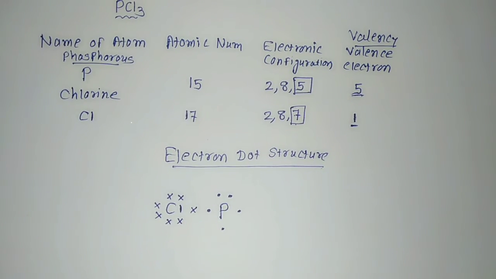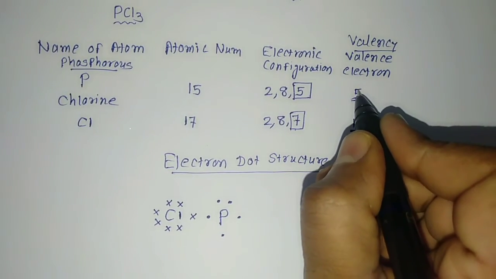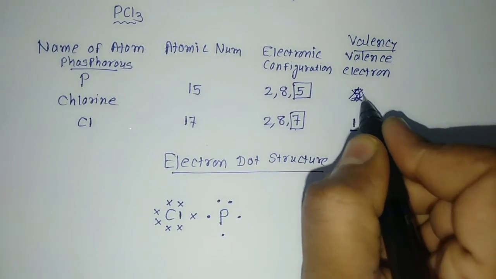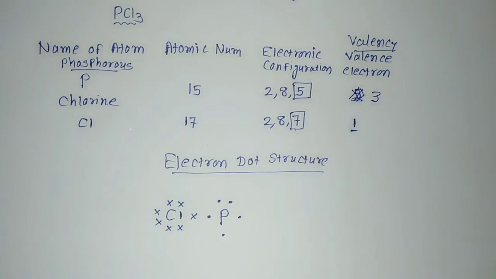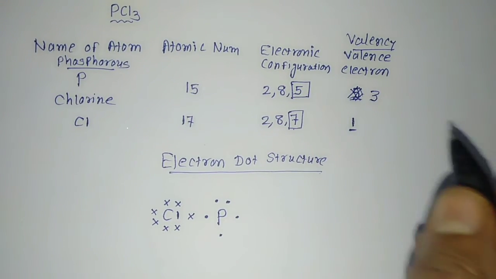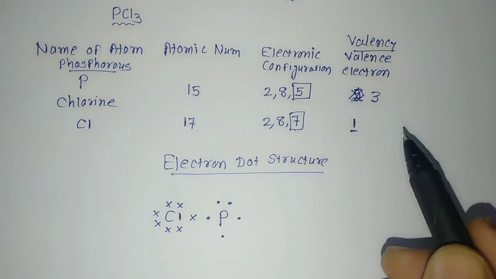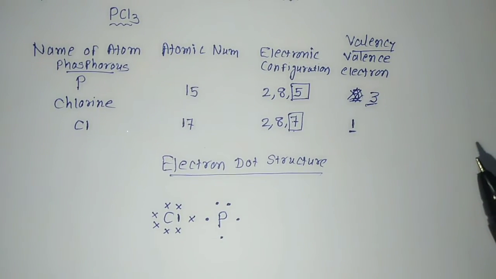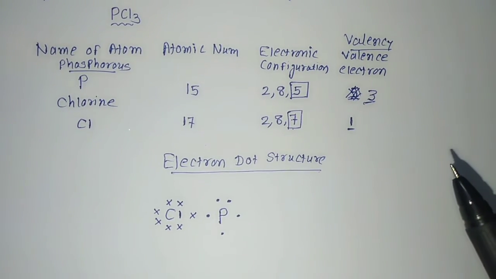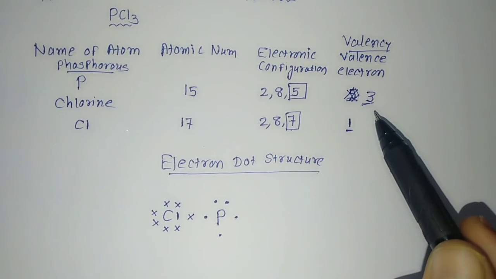If we are talking about this phosphorus, sorry, I have written wrongly here, it is 5 electrons in the outermost orbit, but its valency will be 3. It can complete its octet of 8 by 3 electrons. I am very sorry for that. By mistake I have written the same, but its valency is 3. So it can gain 3 electrons or it can lose 5 electrons. That can be done for phosphorus, but normally its valency is 3.